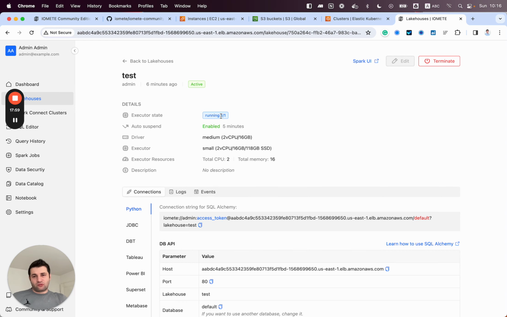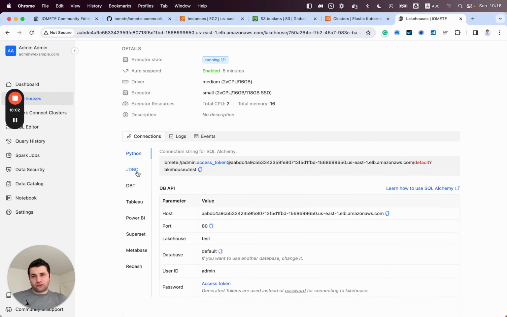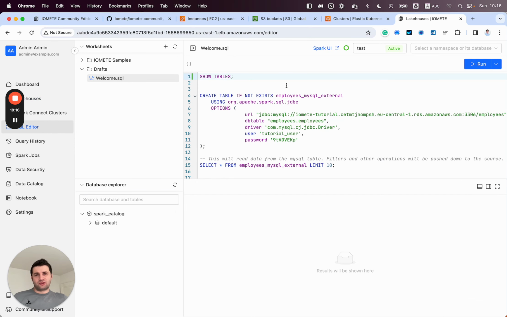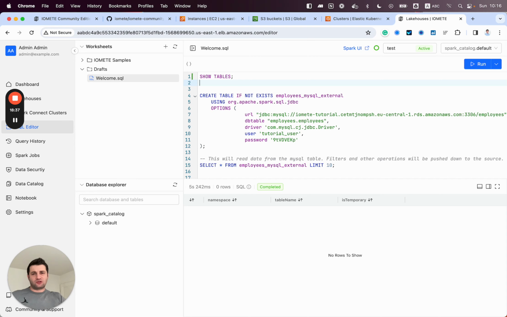Our lakehouse is running. Now you can connect from a backend application using Python, JDBC drivers, DBT, BI applications, and also you can use external SQL editors. There is also an already built-in SQL editor. I will connect from here and choose my default database. This is the only lakehouse server that we are running right now. In the first run, I'm expecting a little bit slow response because it's cold. Everything just started, and from the second command, it should be good enough.